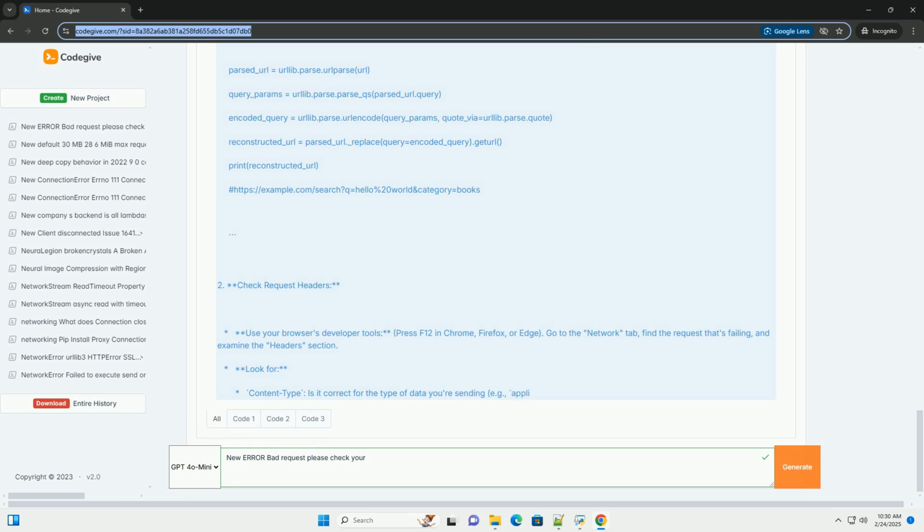Use your browser's developer tools. Press F12 in Chrome, Firefox, or Edge. Go to the Network tab, find the request that's failing, and examine the headers section. Look for content type. Is it correct for the type of data you're sending? Example: